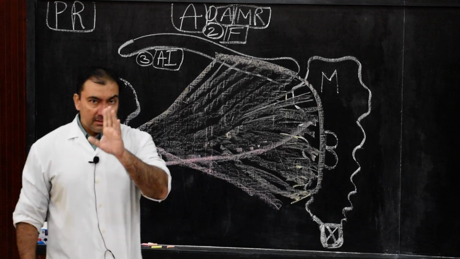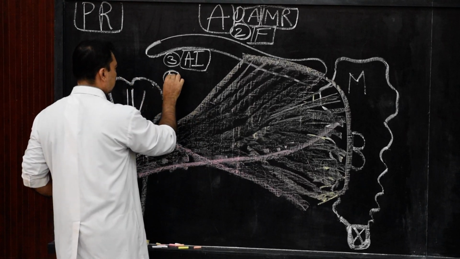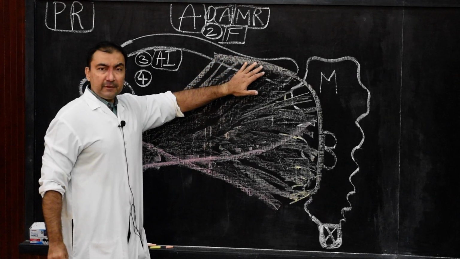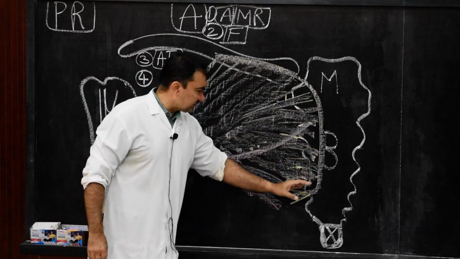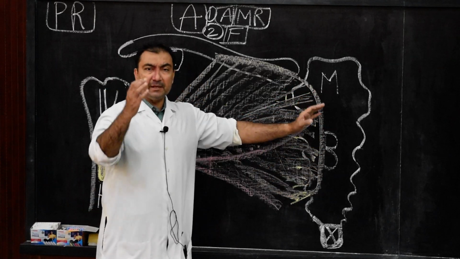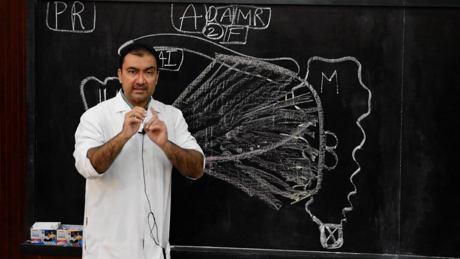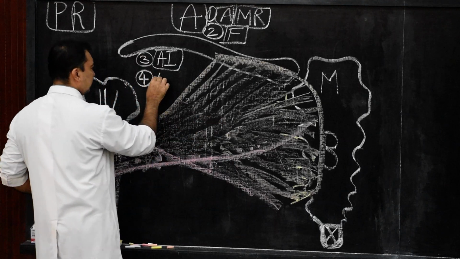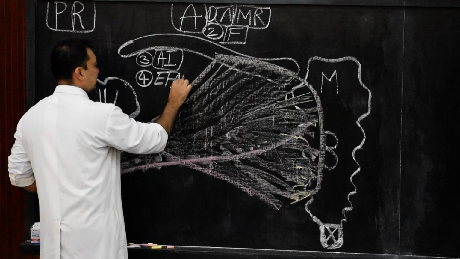The fourth important action, this is very important. We have discussed about clavicular fibers. The clavicular fibers action will be flexion of shoulder joint. Now the fourth important action is concerned with the sternocostal fibers. The sternocostal fibers will help in extension of flexed arm against resistance. So note down, it will help in extension of flexed arm against resistance.